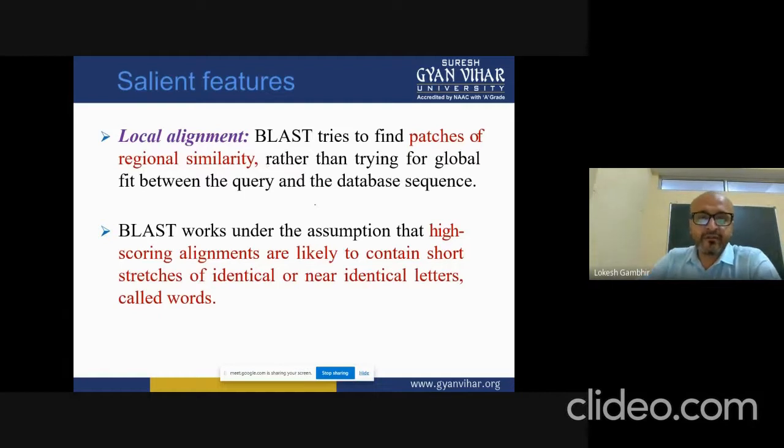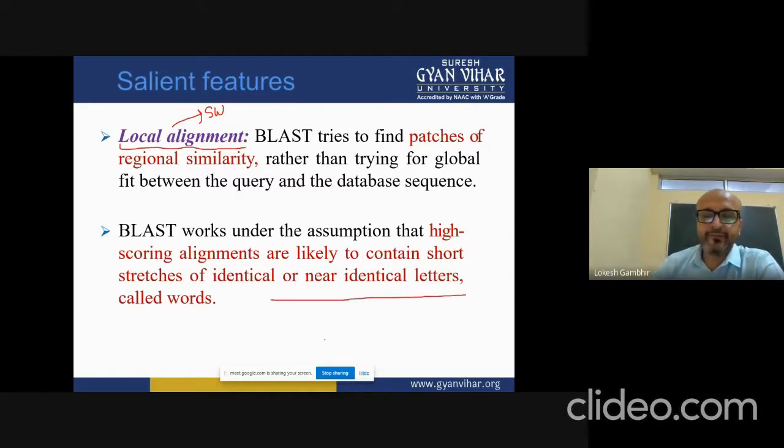Then let's talk about the features. It basically works as a local alignment tool. If it's working on local alignment, we understand that it's based on Smith and Waterman, and the substitution matrices that we have read, that is PAM and BLOSUM. We will see while going live on the tool what the different matrices are that are available in the recent options. Now, how does it do this? Let's see.